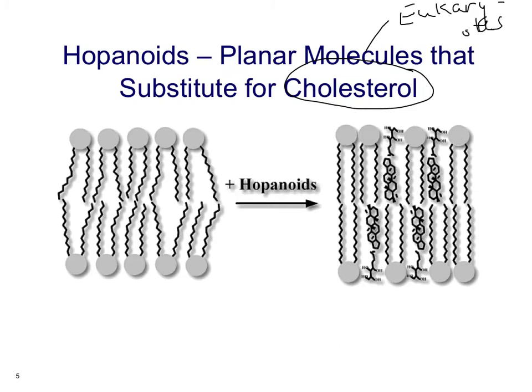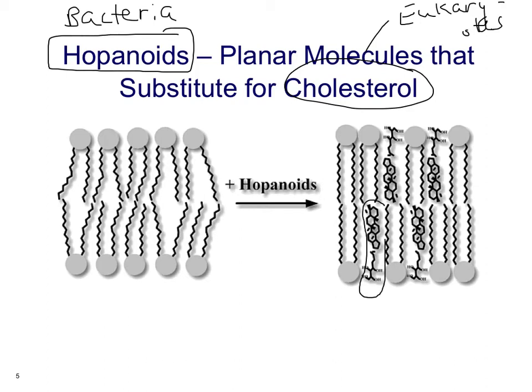Instead, bacteria use other structures. One of the common ones that we know about are the hopanoids. So bacteria, many of them make structures called hopanoids. These are very planar or flat molecules. They contain a lot of ring-like structure. There's a hopanoid molecule here, and they serve the function of stiffening